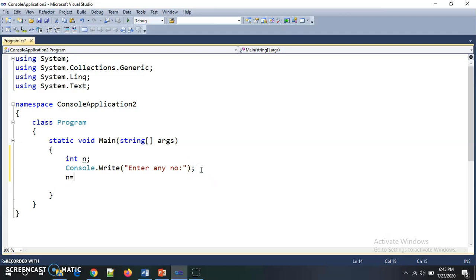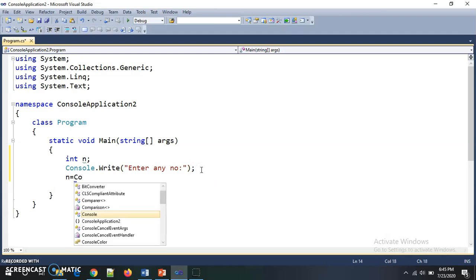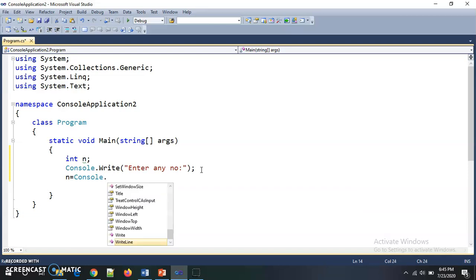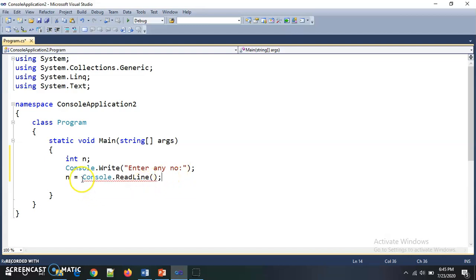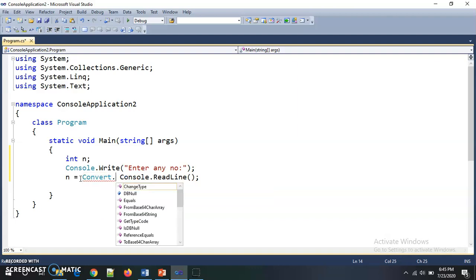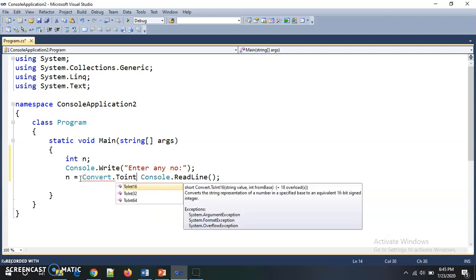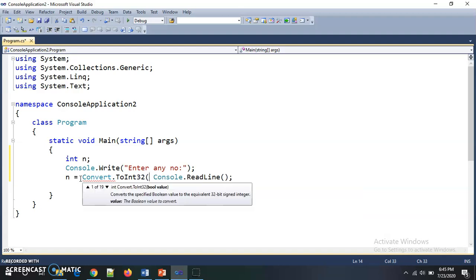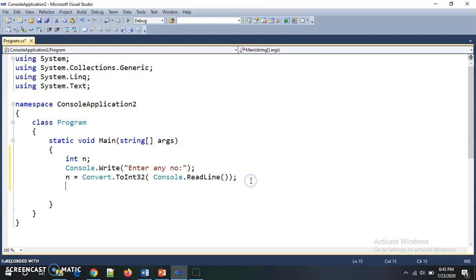Then in n we accept the value which is entered by the user on the command prompt. This is the function for input, but we need to convert this string into int. So I am writing this Convert method.